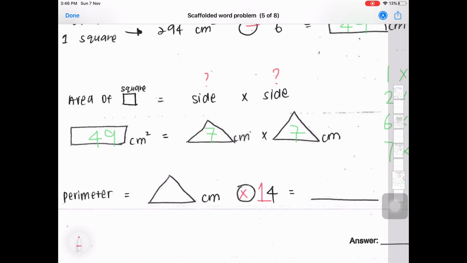Please put a 1 in front. It's 14 groups of 7